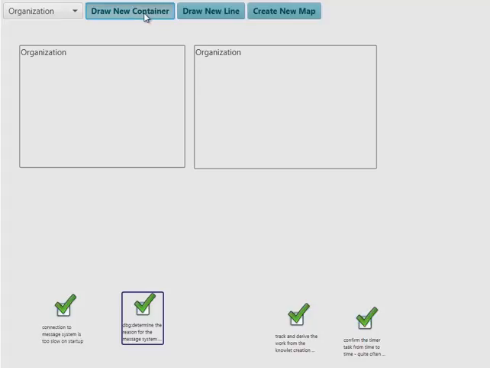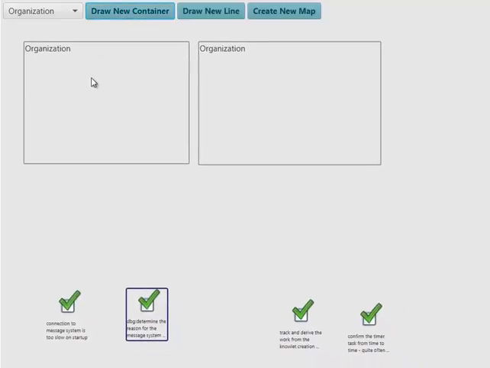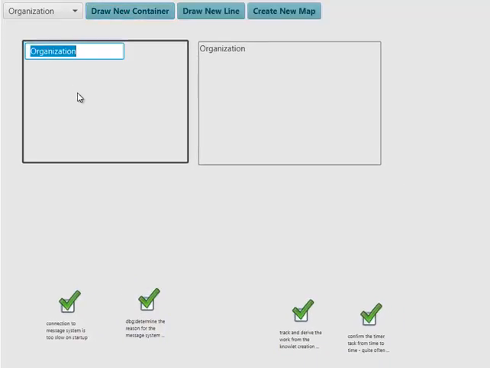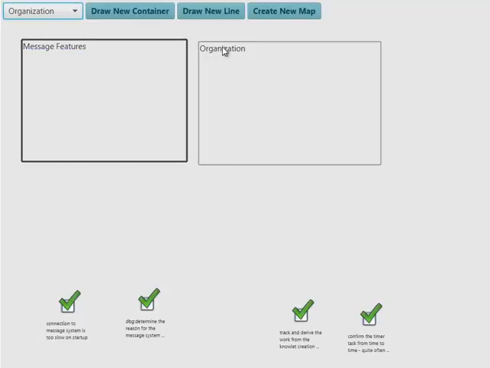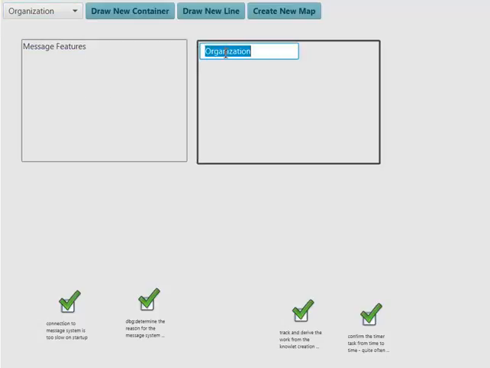When it's toggled on, I'm in drawing mode. If I toggle it off, I'm in panning mode. And I can double click here to change the title. So let's use message features as one of the classes and week plan features